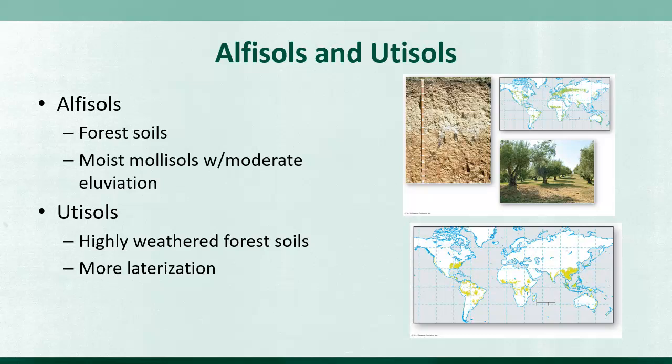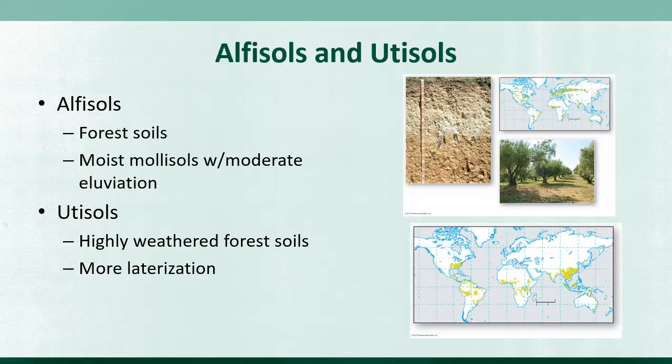Many parts of the lower 48 that are mollisols that are very big agriculturally productive areas are alfisol areas. The ultisols, which are shown in the lower right-hand part of this map, have more laterization and more weathering, but also some degree of calcification because they have some summer deficits that helps to sort of offset that. These areas tend to have more weathered soils. They are not as good agriculturally, but can be very agriculturally productive with enough nutrients being added.